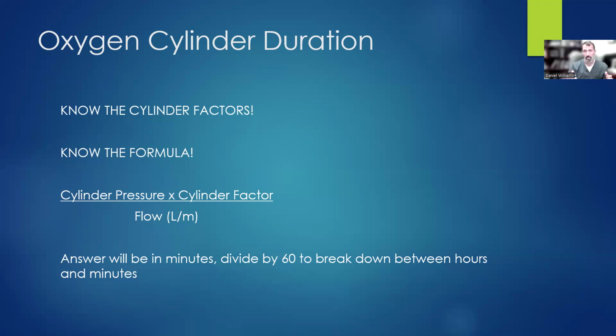And the diameter index safety system, when you guys are hooking your flow meters and stuff up to the wall, that's the safety system associated with that. Ultimately, the pin index safety system, diameter index safety system, American Standard Safety System, they're all put together so that when you're placing your regulators and so forth, or your flow meters on these cylinders, you're only able to put an oxygen regulator or oxygen flow meter to an oxygen cylinder, and vice versa,